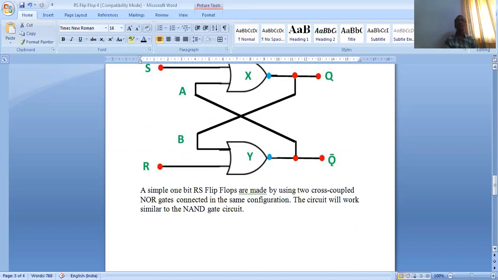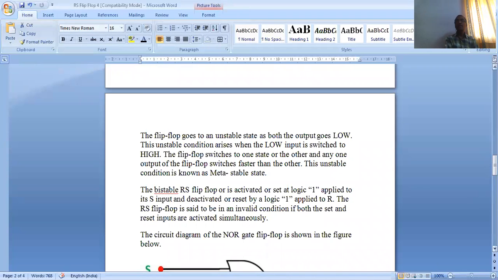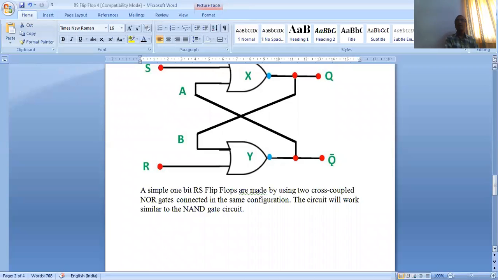This particular state of the RS flip-flop is called the set state. When R equal to 0, S equal to 1, output of RS flip-flop, Q equal to 0, Q bar equal to 1. This particular state of RS flip-flop is called the reset state. Which one? When